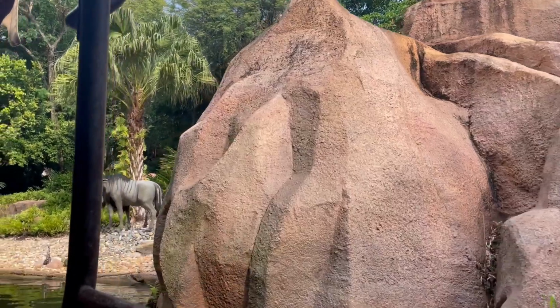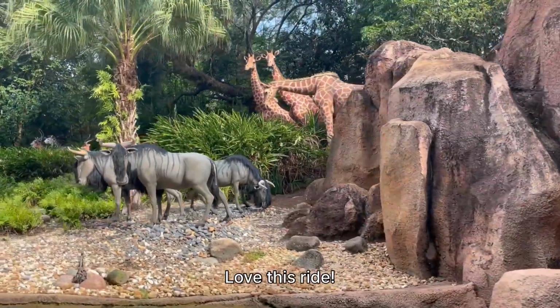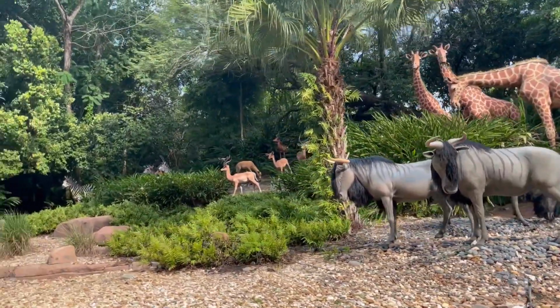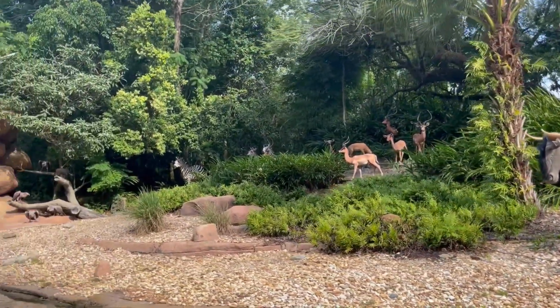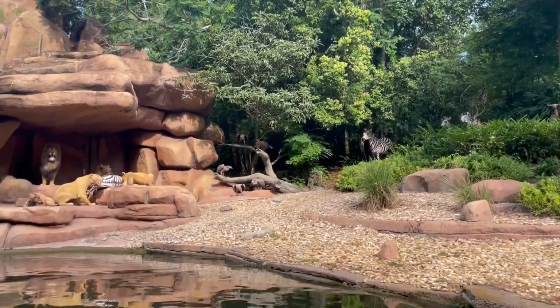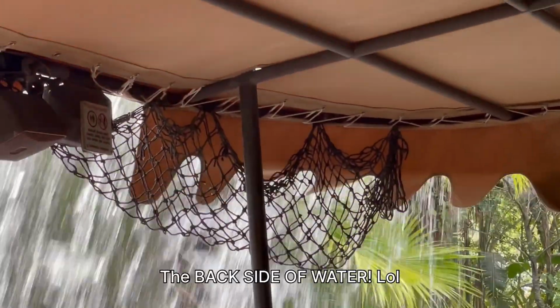Now we've got a lot of animals out there, like the bearded horses, those tall horses. Oh, look at the really old horses. Yeah, those guys are so old they're still in black and white. And then you've got the lions over here. Wonder of the world, the backside of